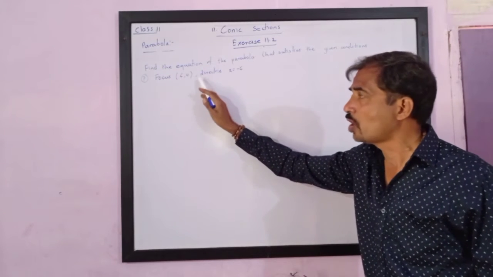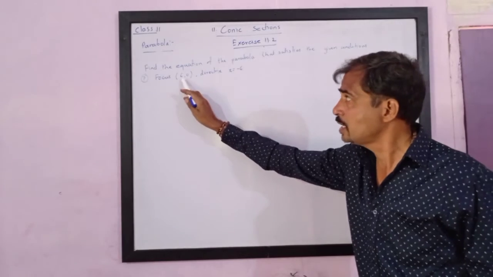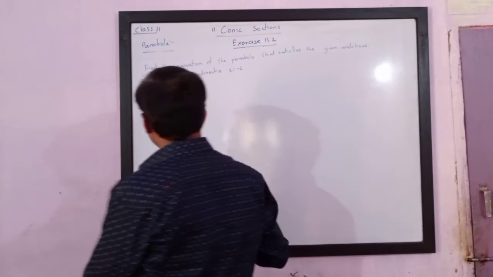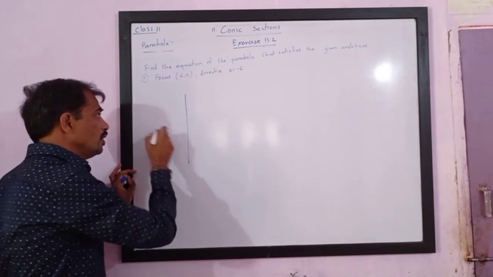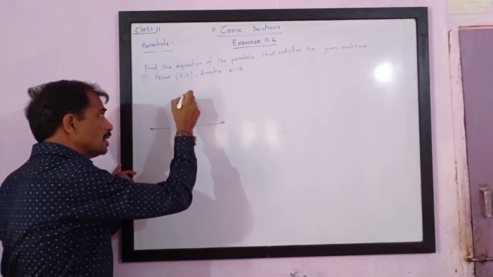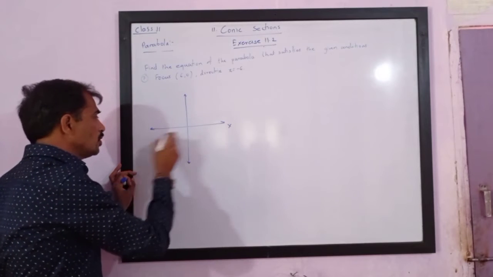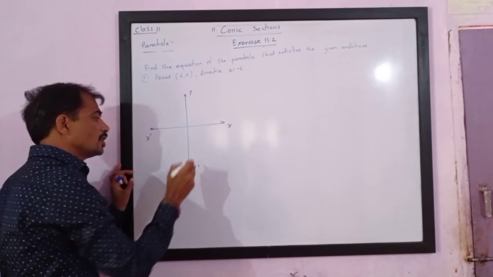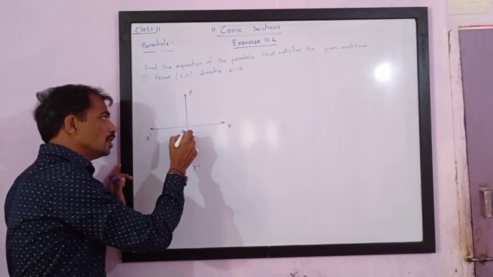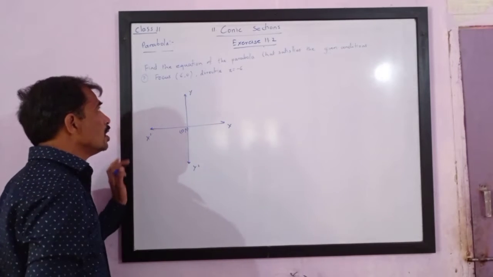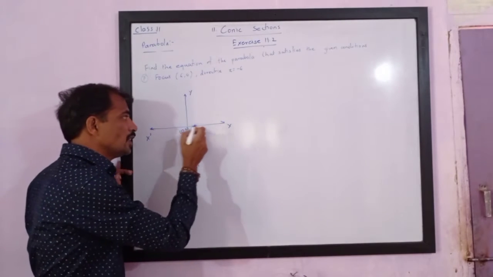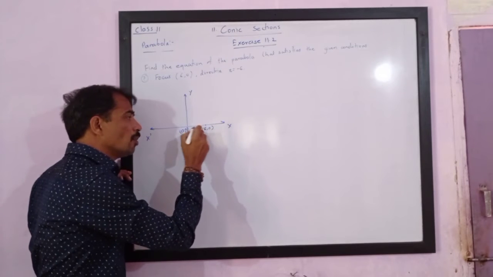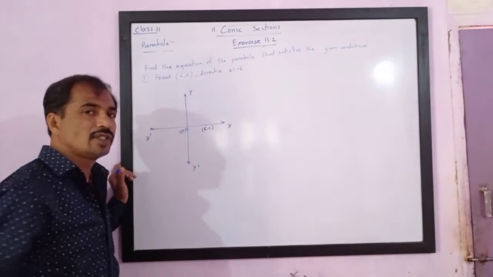Means this point lies on x axis, and since x is positive it lies on the positive direction of x axis. So if you try to plot this point you will get it on x axis. So please note this is the positive direction of x axis, negative direction of x axis, positive direction of y axis, negative direction of y axis. Here is the origin, 0, 0. Now see, focus is 6, 0. 6, 0 means it will definitely be on the positive direction of x axis, somewhere here, 6, 0.